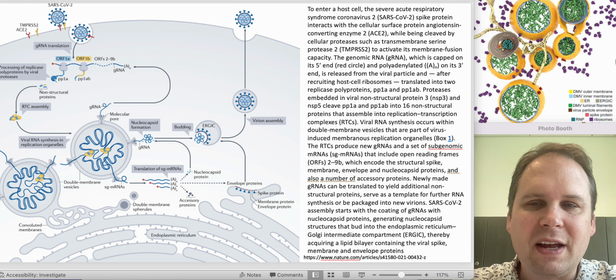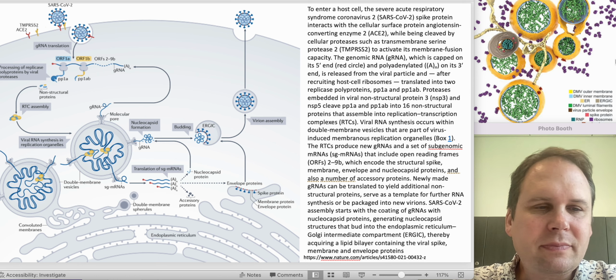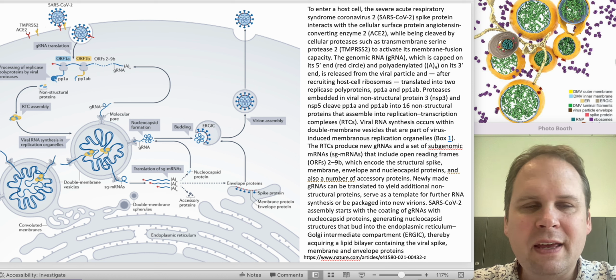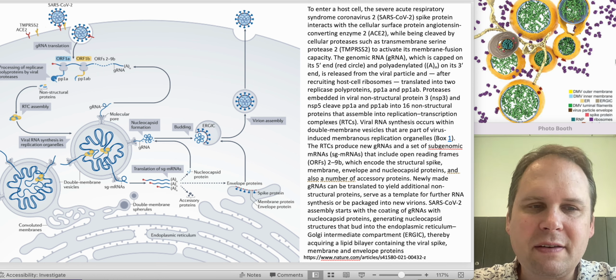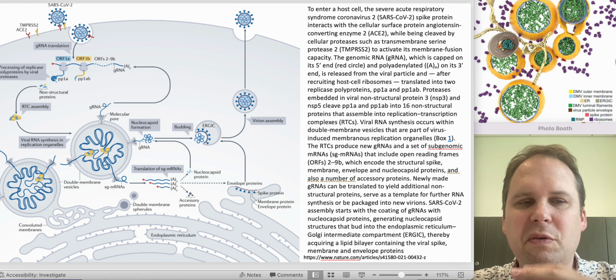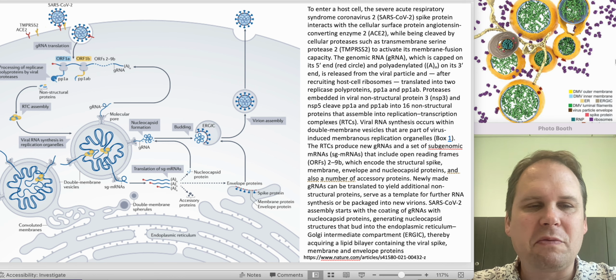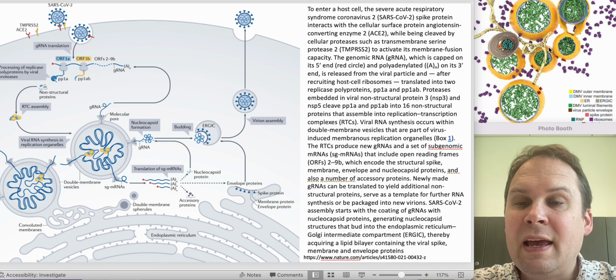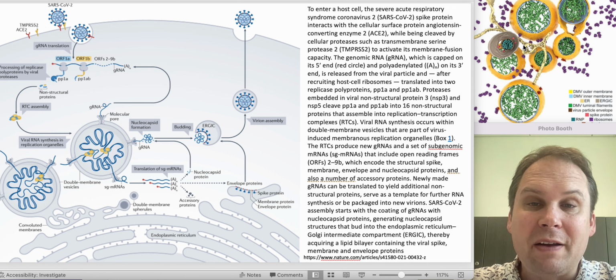What's the virus trying to accomplish? So, this is an RNA virus and it has no DNA stage. So, this is RNA only, and it's a single stranded positive sense virus, which means you could translate it and make proteins right away from the genome that comes into the cell. And that's kind of what coronavirus is going to do.